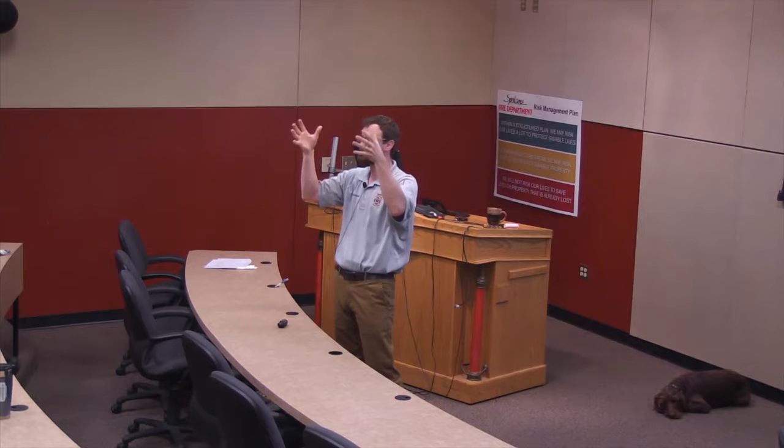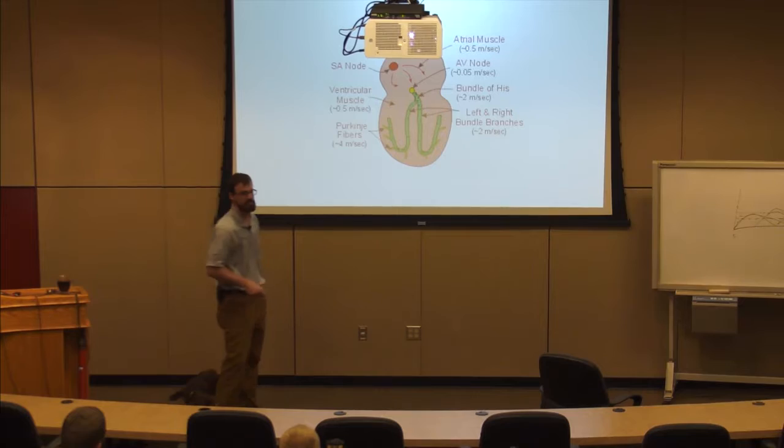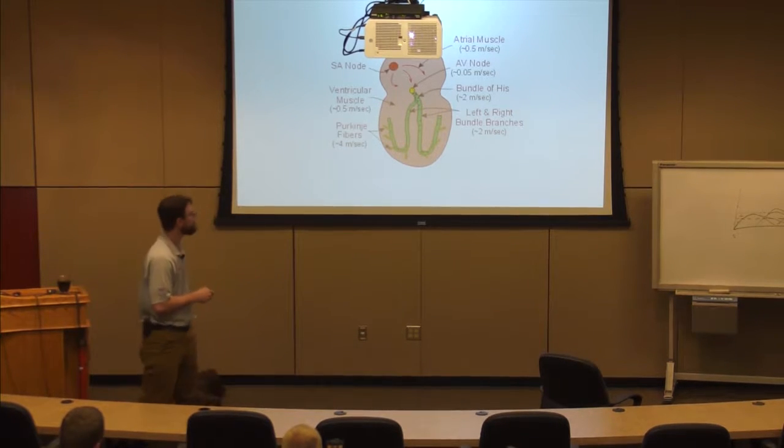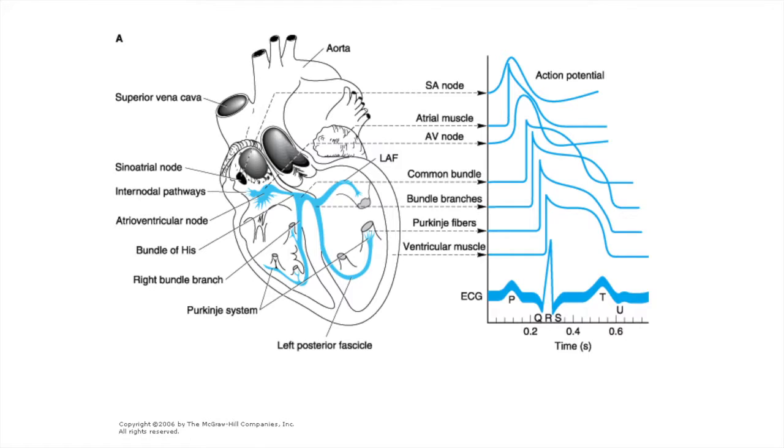So I get a much more efficient pump, okay? Much more efficient pump. That's the beauty of this rapid specialized conduction tissue, okay? Now if I layer all of these action potentials on top of each other, and I give each one its due in terms of the volume of tissue in the heart contributing to that event, then what I get on my surface EKG is this, PQRST, right?